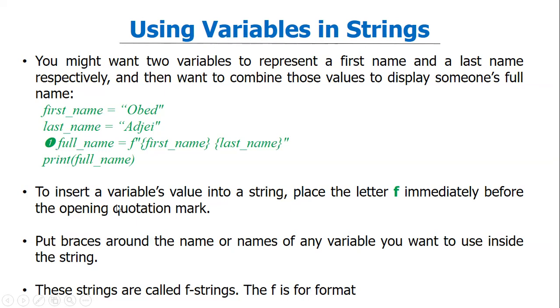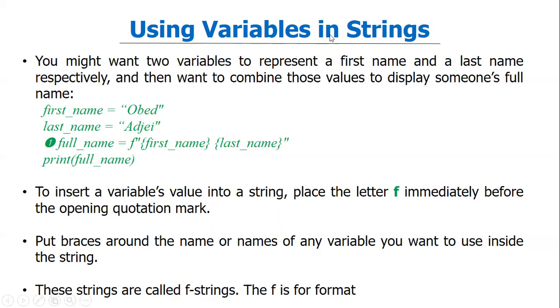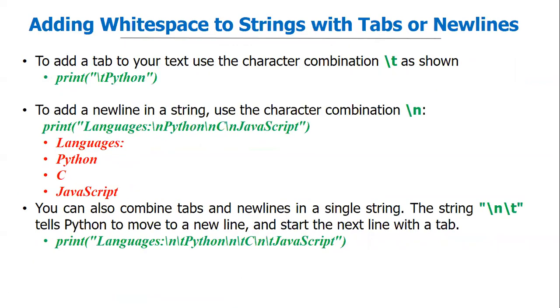So to insert a variable's value into a string, place the letter F immediately before the opening quotation mark. Put braces around the name or names of any variable you want to use inside the string. The F that we have over here is for format. Apart from using variables and strings, which we'll be doing some demo on quite shortly,